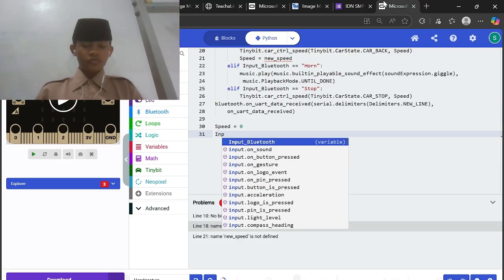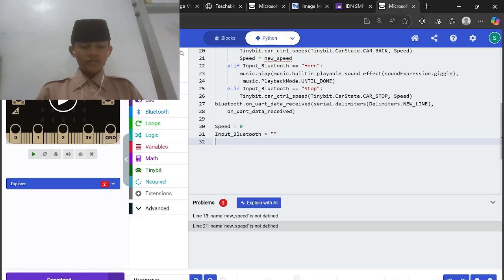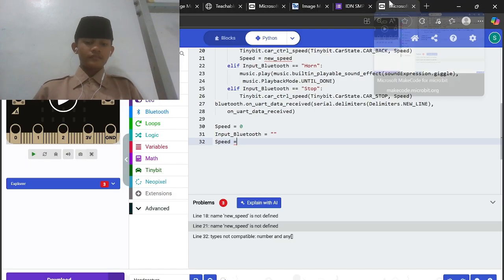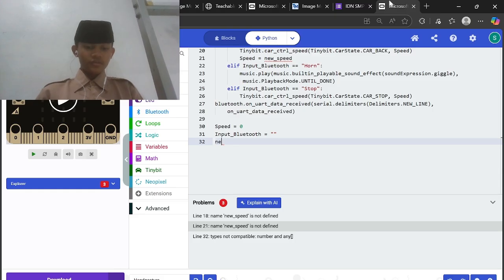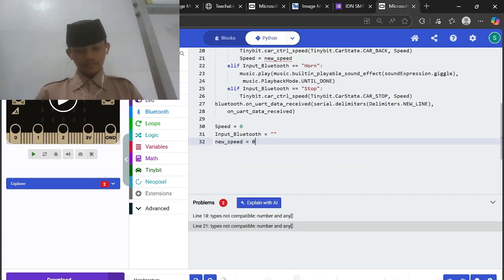Then input Bluetooth is that will go to speed again, I mean new speed 0.